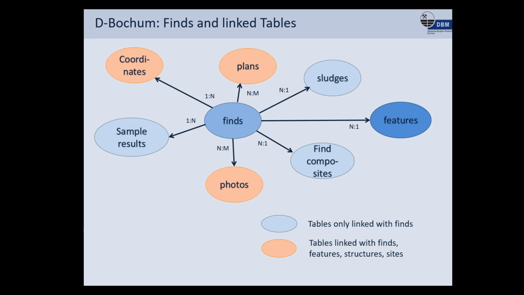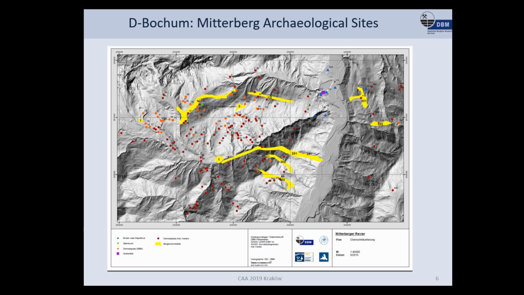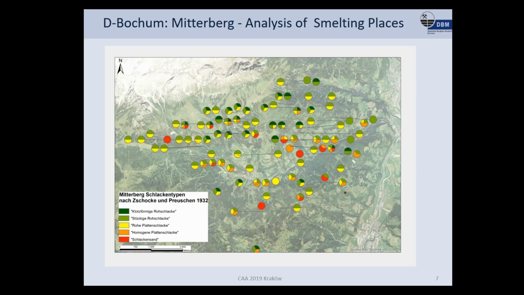to other investigations. And what they are doing with their data, for example, is shown here: the mining sites in the Mitterberg region in Austria, which is in Salzburg. They also make analyses of their finds. In this case, these are slags, the products that come out of the smelting process,